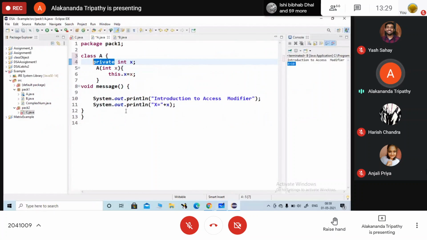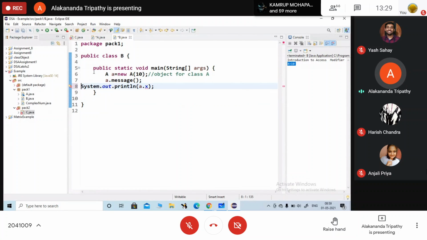Okay, ये हो गया method of the same class. Now this method message can access X. But when I am going to create the object of the class, ये object कहाँ पर बन रहा है? कौन से class में? Class B. So as we are creating the object in the class B, वो object को लेके हम लोग access नहीं कर सकते हैं. We cannot access that member.